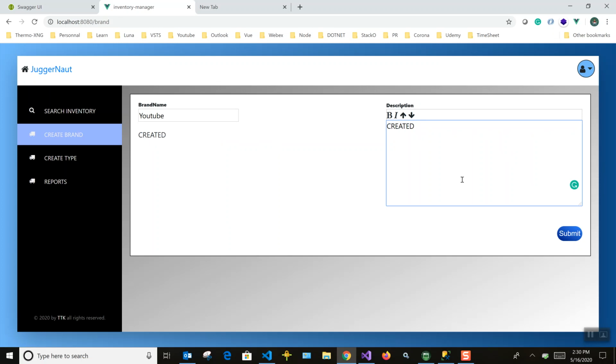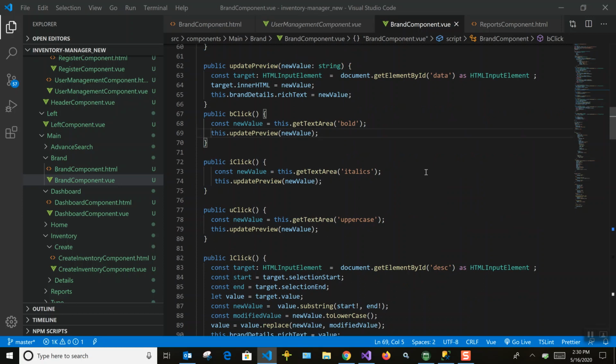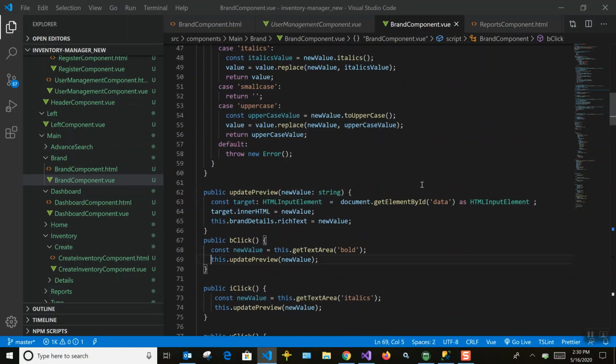So there is some problem with our logic, so let's cross check. Somewhere we are not handling, that is for uppercase, right? Created. So when we give created and uppercase and we give something, we'll see what the problem is.